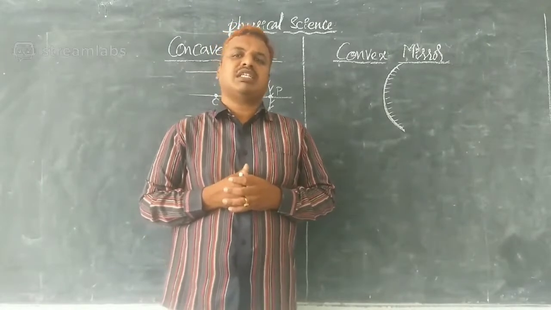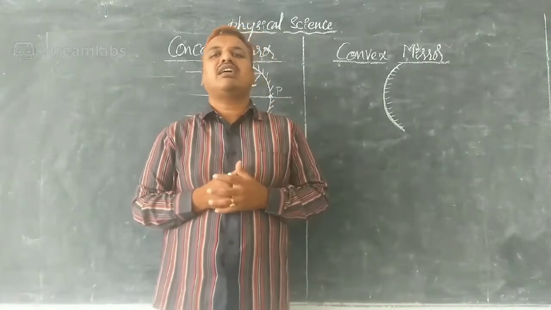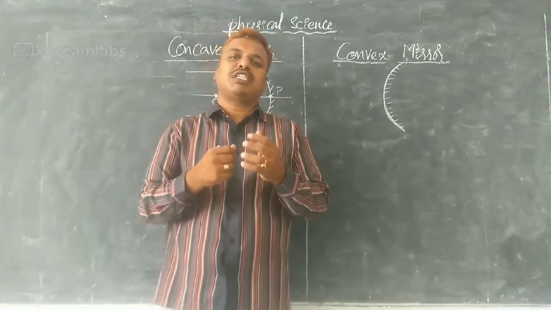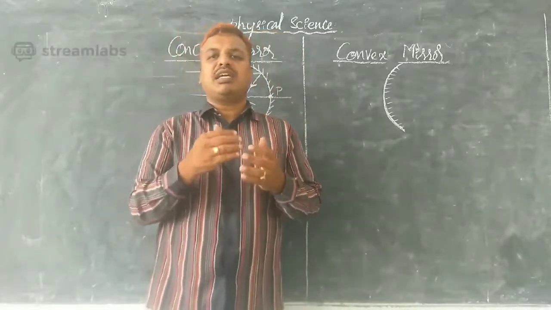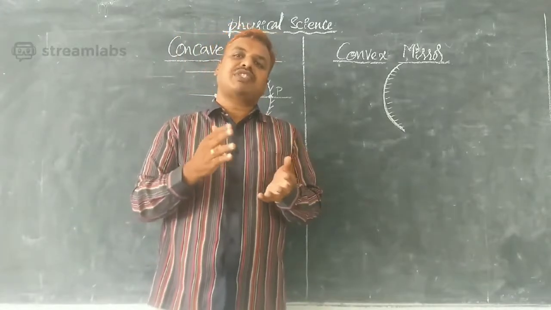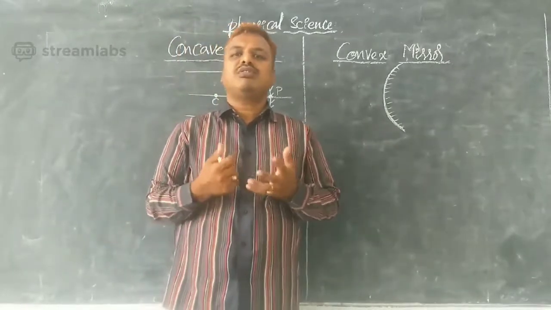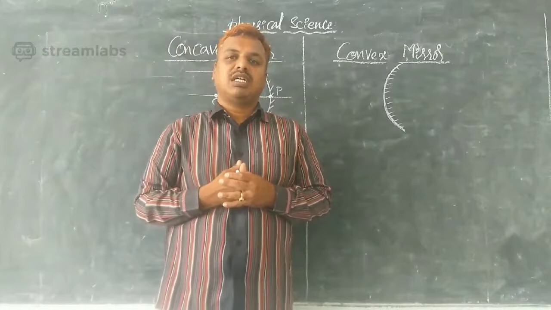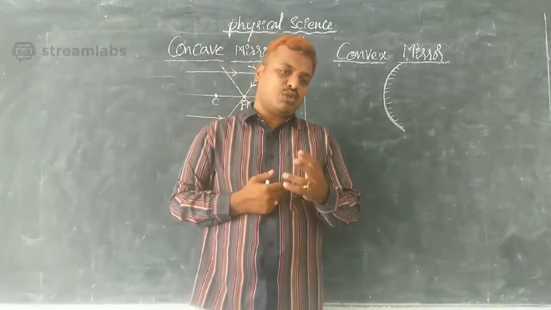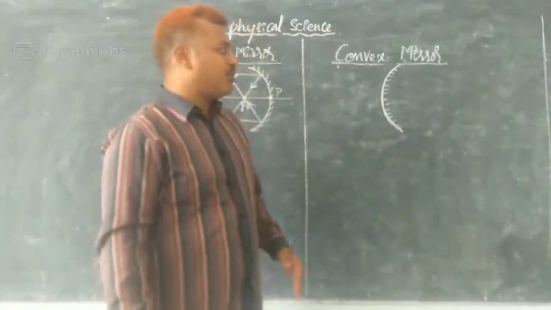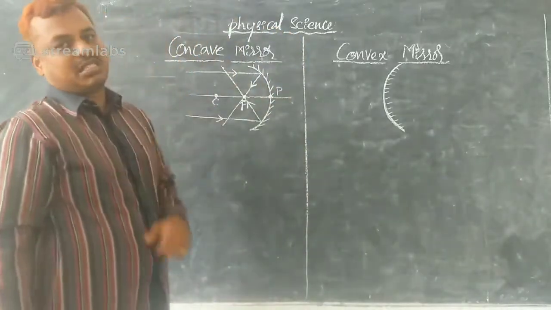When we come to spherical mirrors, they are going to have a difference in their images. When an object is placed at different places, different sizes of images are going to form. Now you will have a doubt: why should they form all these kinds of images? So let us see, there are two types of images again. Before discussing this, we are supposed to understand what the two types of images are.